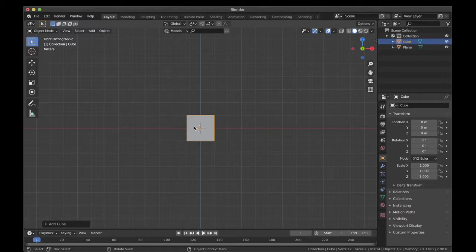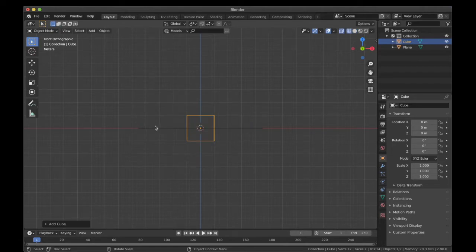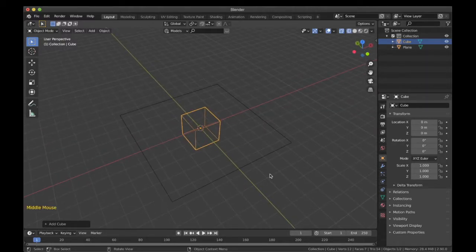Now this is a new shortcut, please remember this. If we press Z, it will prompt us to a pie menu which has particular options. We go to the wireframe mode. So what is wireframe mode exactly? Whenever you are in wireframe mode, you can see the outline of that object but not